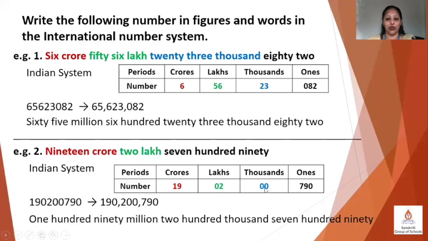Now we come to the thousands period. We do not have the thousands period mentioned in the number name. So we will put zeros in the thousands period. 2 zeros, as the thousands period has 2 digits. And then we come to the ones period. 790 is placed in the ones period. So the number is